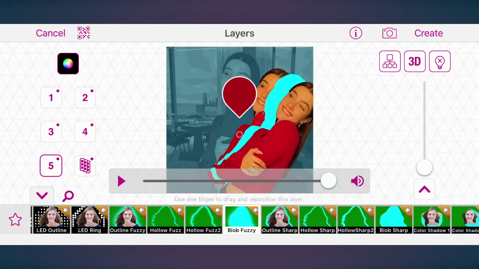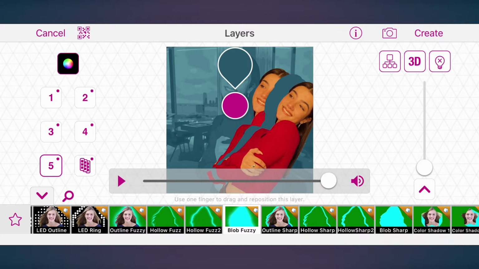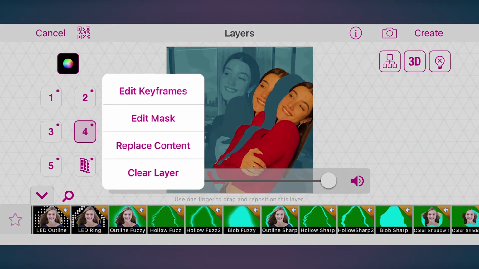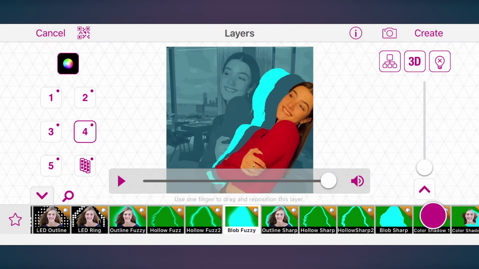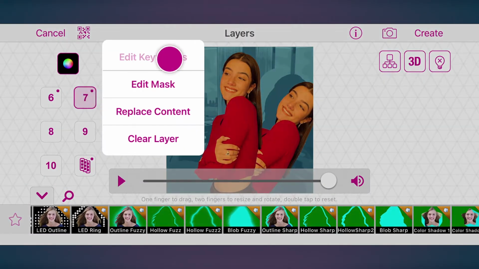Select a dark blue color for layer 5 and a light blue one for layer 4. Last but not least, duplicate the person mask and use the Hollow Fuzz 2 effect on it to add a neon outline to the person.